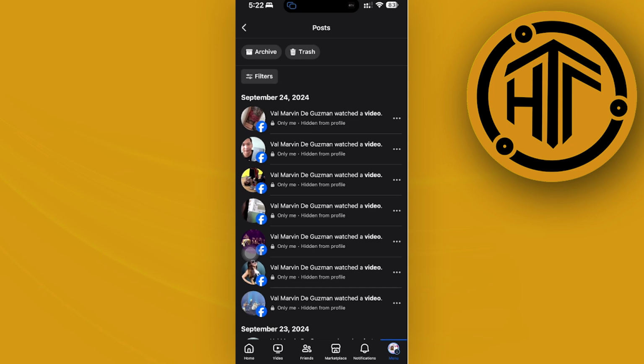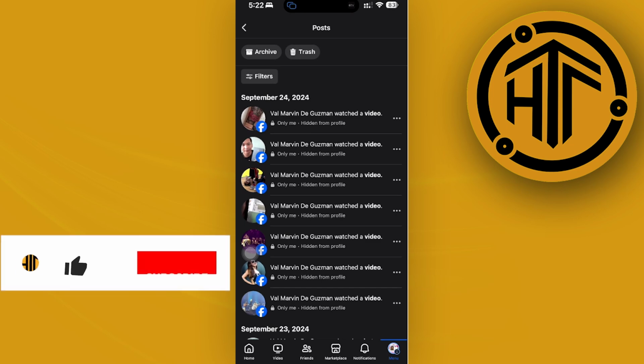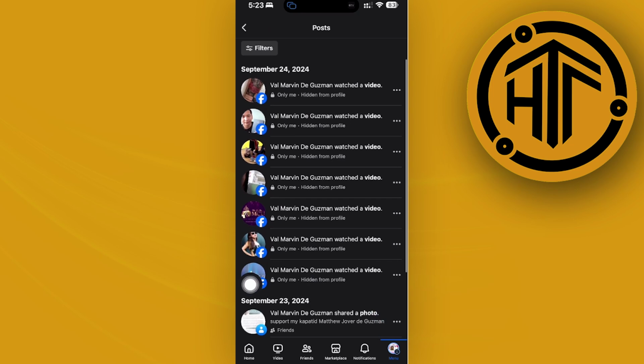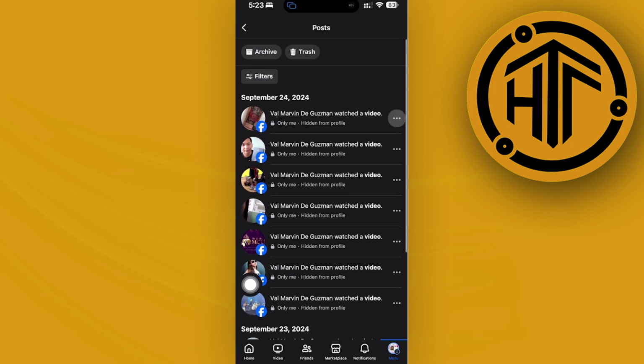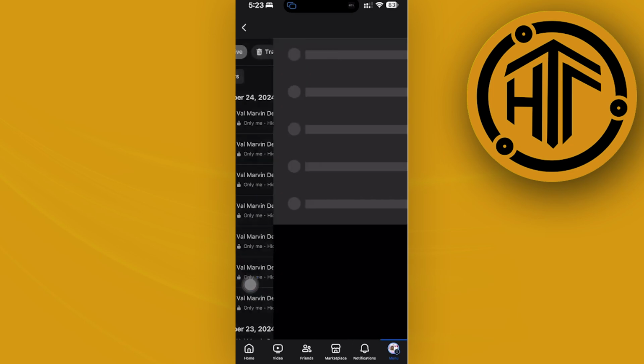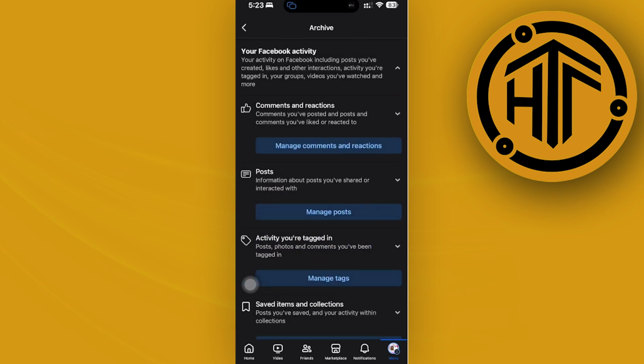Alright, so once this is done loading, we can now proceed with choosing these specific posts and then changing the audience of them. As you would see over here as well, we can't necessarily change the post if we want to go ahead and change it. We could actually just tap on that and then delete the post. But if we want to go ahead and basically view the archive of our posts, what we could actually do